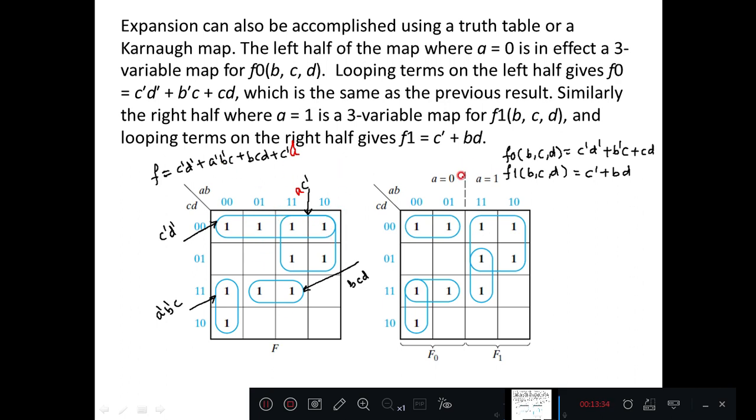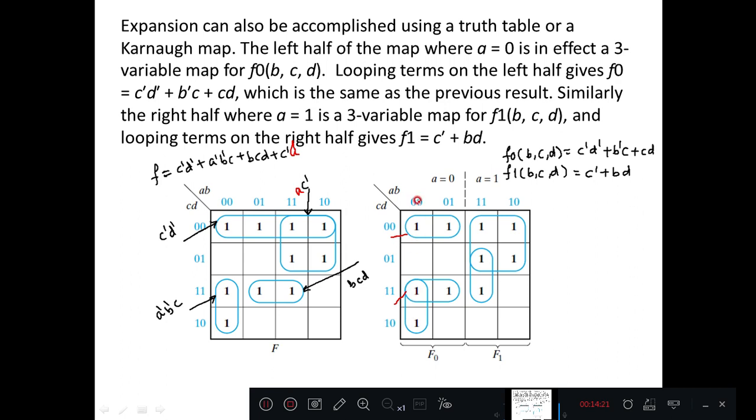Now what we are doing is, in this K-map if you observe, for a equal to 0, so for these two combinations a equal to 0 and for these two combinations a is 1. So you put a demarcation line and you do subgrouping. If you do subgrouping for a equal to 0, this particular term will give you c dash, d dash, this one, c dash, d dash, and then you will get cd, this term, because b is changing from 0 to 1, that will get cancelled, and a remains 0, so we are not putting it in the equation. So you get cd here, c dash, d dash here, and this particular term